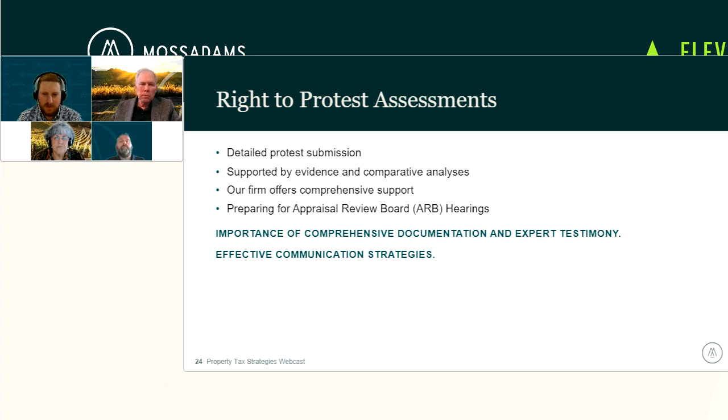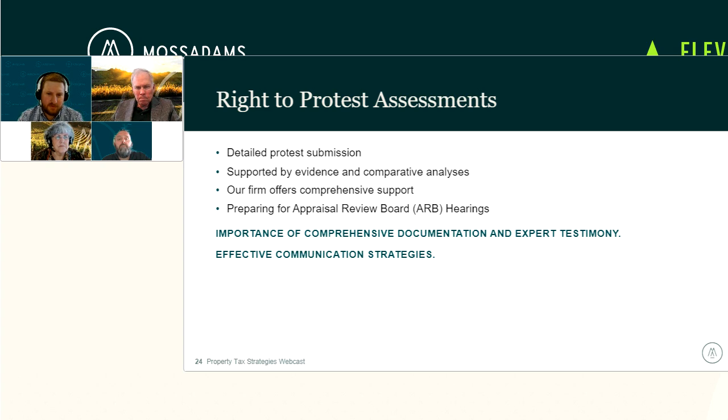And this can include identifying discrepancies in the assessed value, pointing out errors in the assessment records, and conducting a decline curve analysis to demonstrate production trends. Additionally, you will want to highlight any expense discrepancies or incorrect pricing that may have also affected the valuation. Providing comparative analysis with other similar properties can also be a powerful tool in your protest. And so by gathering and presenting this information effectively, you can significantly enhance your chances of achieving a favorable outcome.